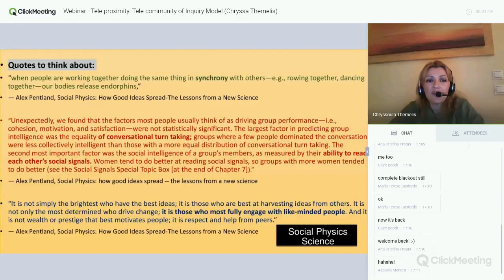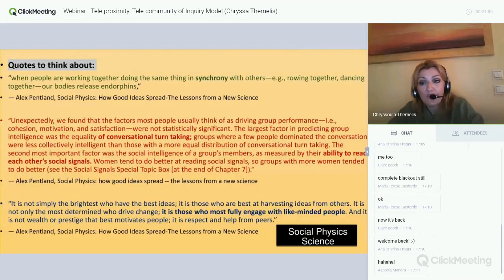When people are working together, doing the same thing in symphony, for example, in a dialogue, rowing together, dancing together, they become happy. Our body releases endorphins. Another unexpected finding for me was that what drives group performance is not cohesion, motivation, and satisfaction, as I had expected, but conversational turn-taking, how much time everybody talks.